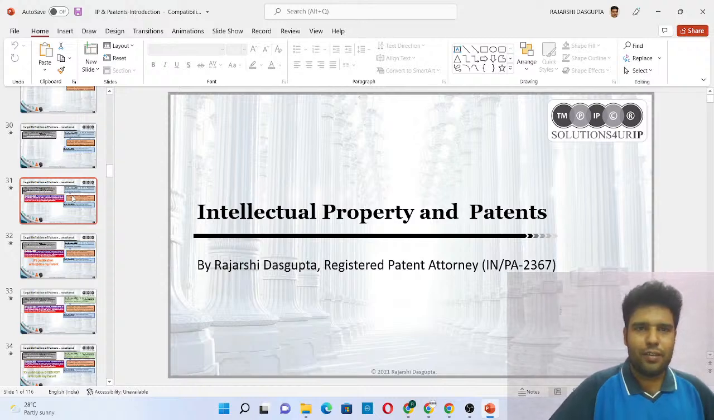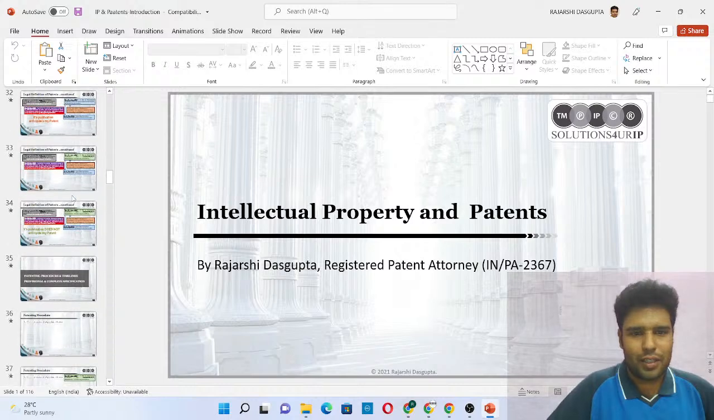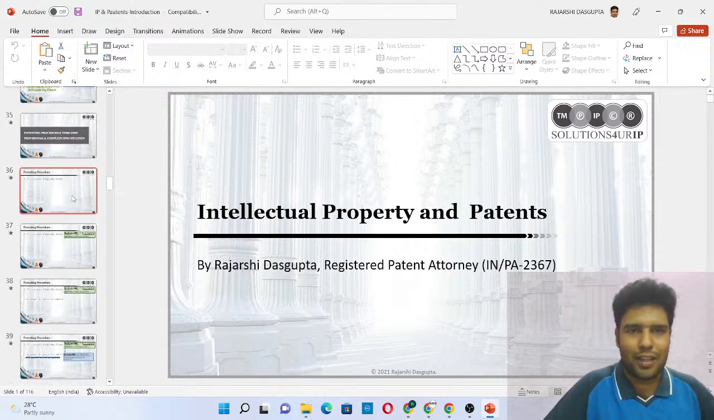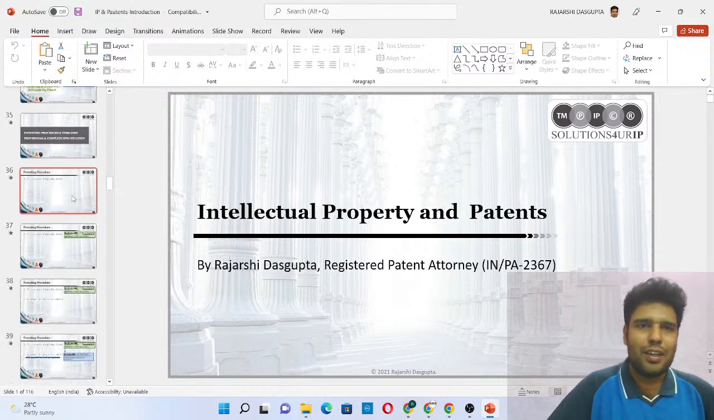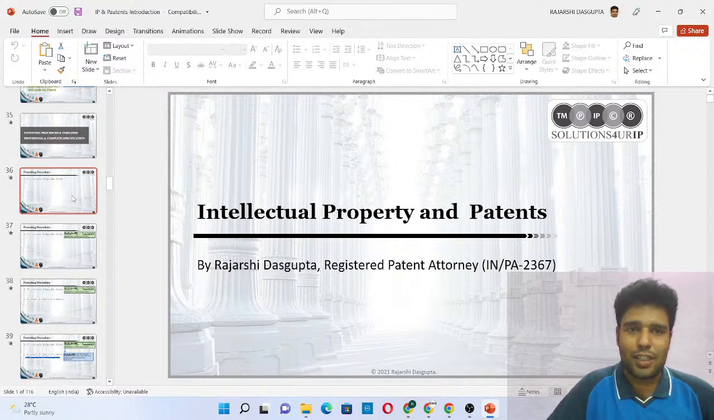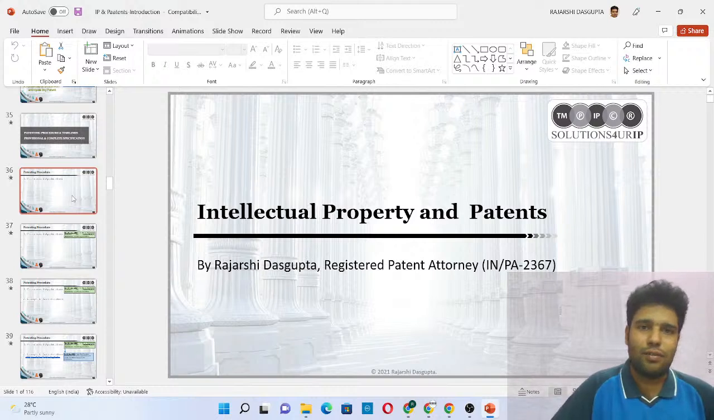We have done almost 3 introductory sessions on intellectual property law and then specifically on patents, exploring some very crucial sections from the Patents Act 1970. So today